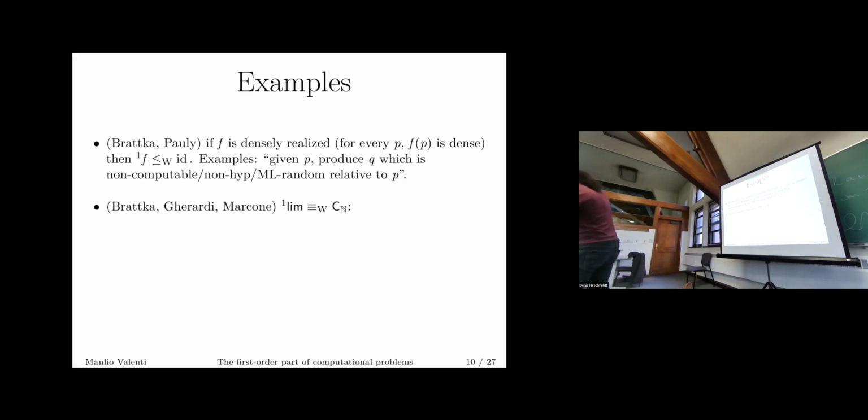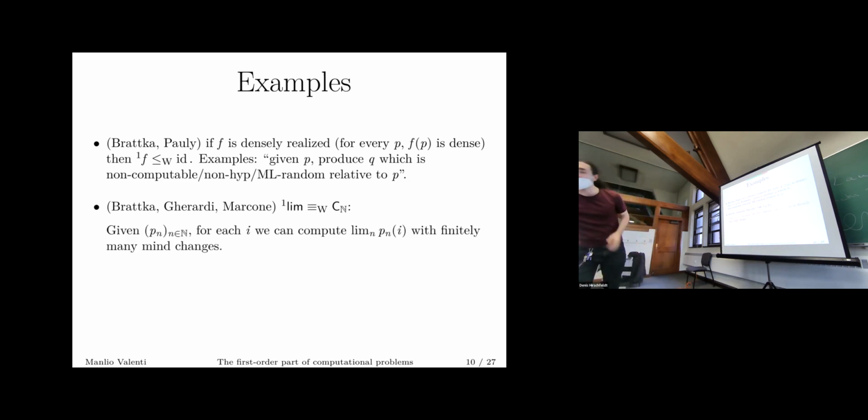Okay, an old result by Vasco Brattka, Guido Gherardi, and Alberto Marcone can be rephrased as saying that the first order part of lim, which is finding the limit in the Baire space, is choice on the natural numbers. Why is that the case? Well,